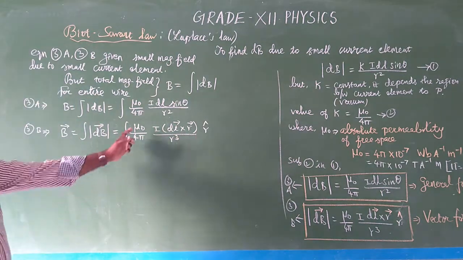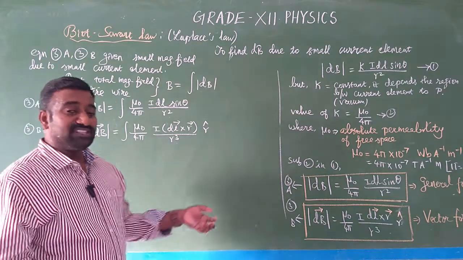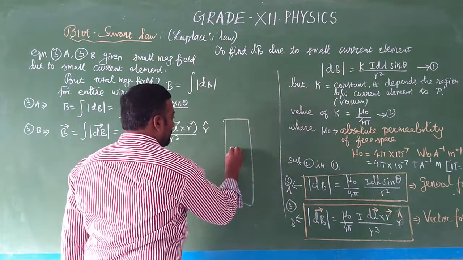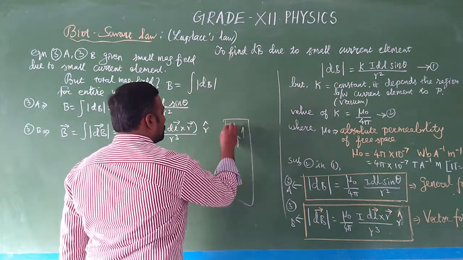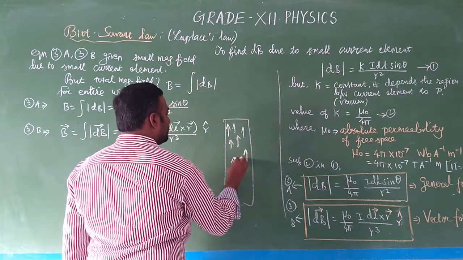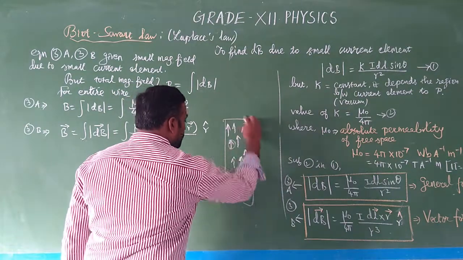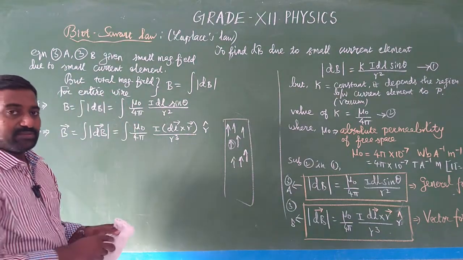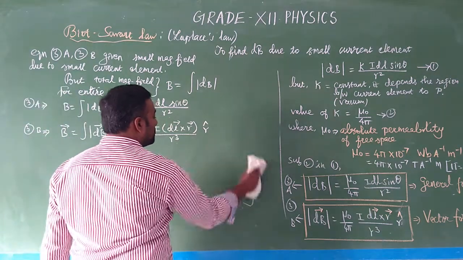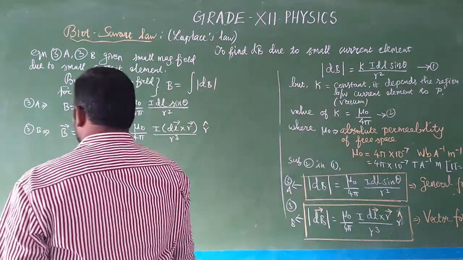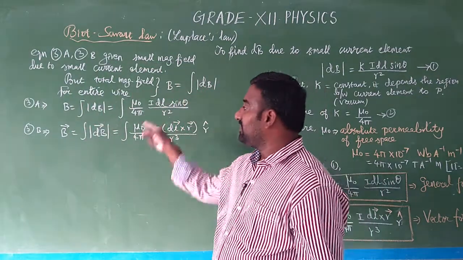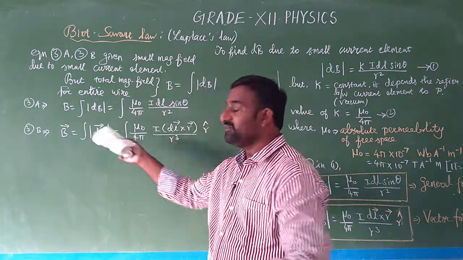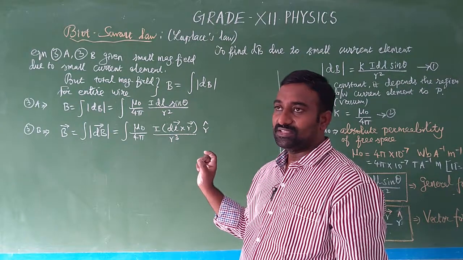Why do we use the integration symbol? Integration means summing up all the small elements. Because if you look at the current direction, in a conductor the direction of the current is the same in all elements. So there are n number of such elements. If dB is for one element, we integrate for all the elements, summing all of them with its limits. If we know the limits, we can use them to calculate directly. So these two formulas give the total magnetic field of the entire straight wire carrying a current, at a point P from its center.